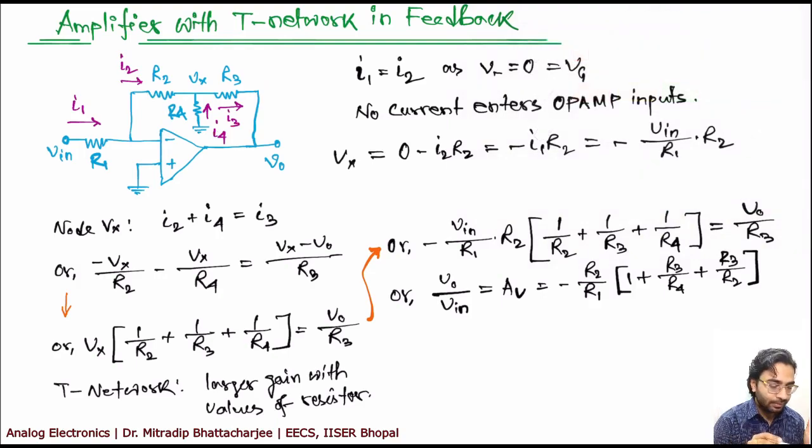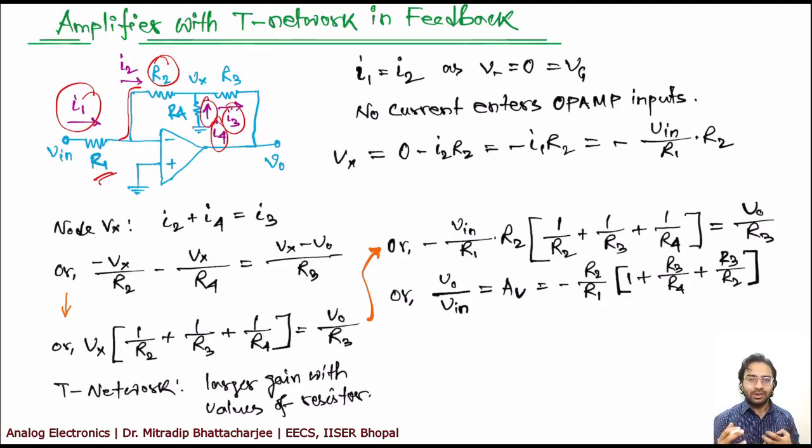What will happen? Now if you see that T network, this is your I1 current through R1. You are getting the same current going through to the R2. Then it is divided into I3 and I4. Now I have kept this direction upwards. It will make the calculation a little easier. So we will take care of the symbol. Okay. So in this case, your I1 will be I2.